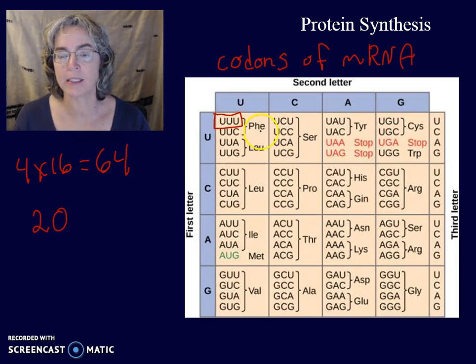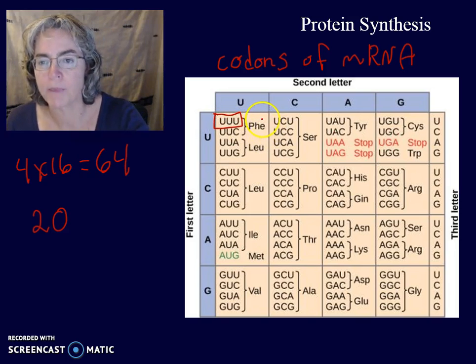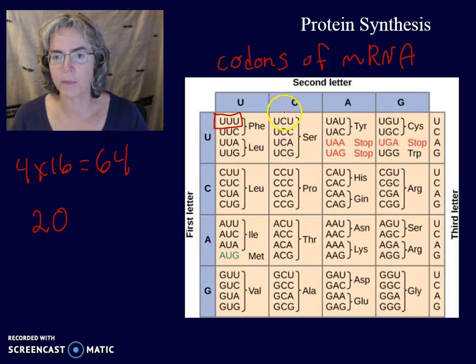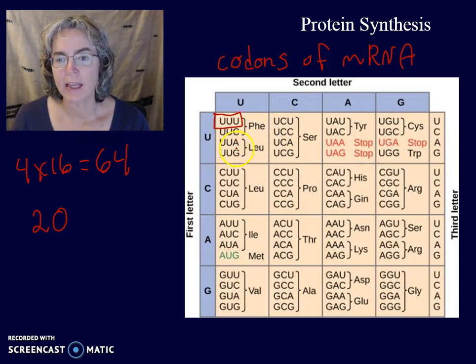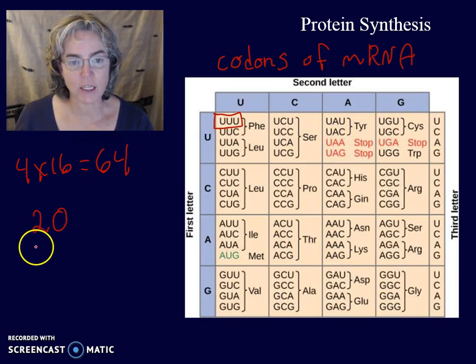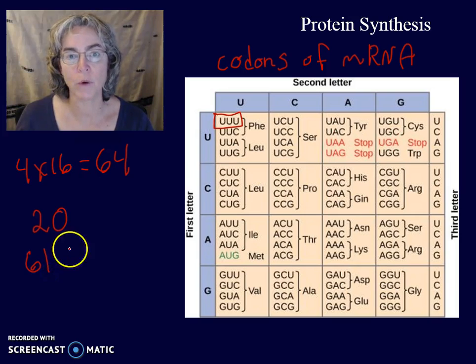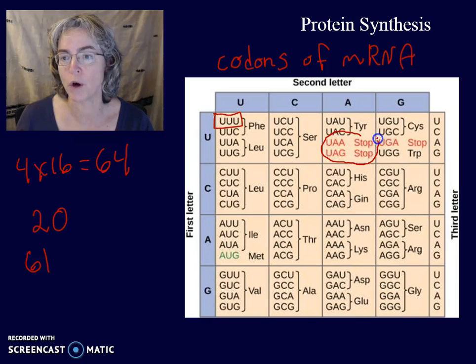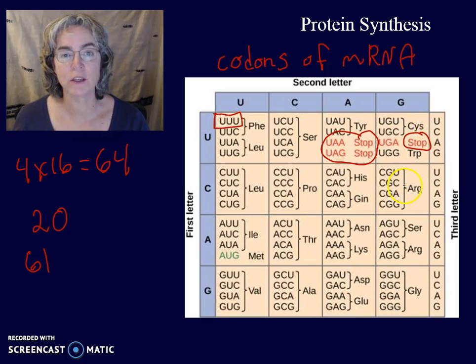The amino acid would be phenylalanine. And then these combinations right here will be all of these other amino acids. So there's actually 61 codons that code for amino acids. 3 of them code for stop. So it tells not only